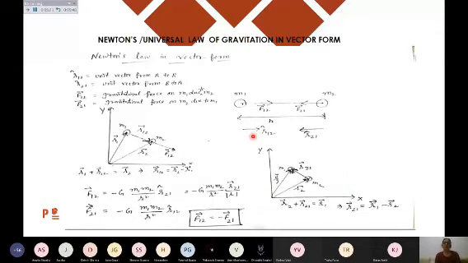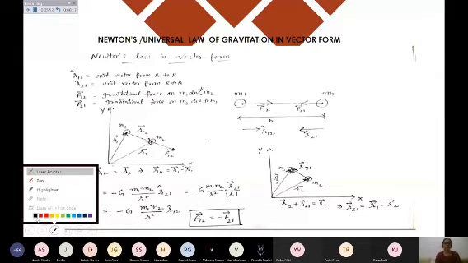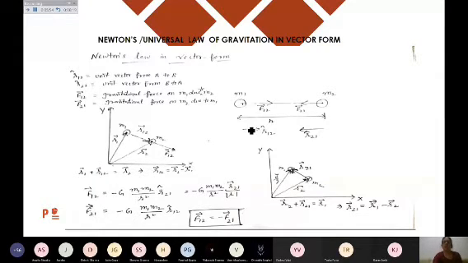But if you have to simply write the value of force on 1 due to 2, force on 1 due to 2 is in this direction. But I know my gravitational force is an attractive force. So attractive force we always write with the negative sign. And that is why I'm writing it with a negative sign. But if I want to write the negative sign, then it means the direction of minus of R21. Because R12, if you want to write the direction of R12, that is equal to minus of R21.